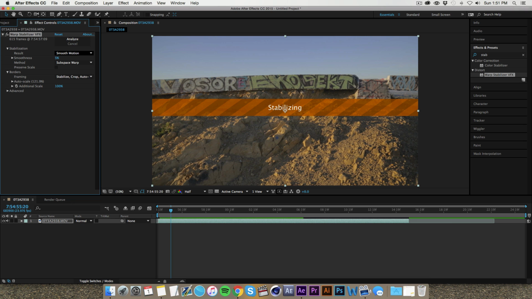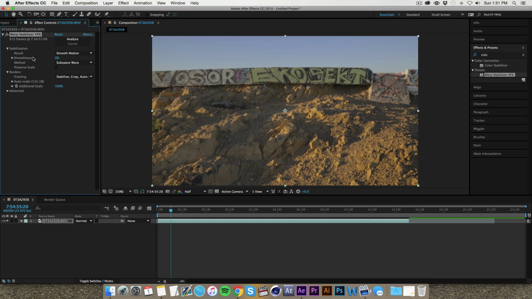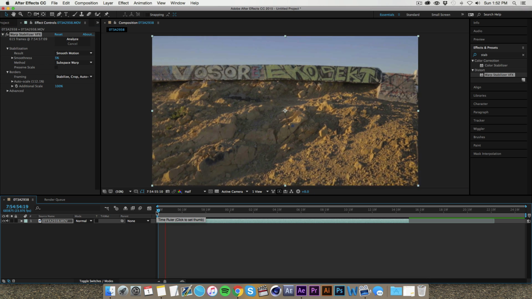from 20% down to 5%. Now you might be thinking, okay, we're using stabilizer and we're trying to get rid of shakiness. Why would we be using less smoothness? Well, basically what happens is Warp Stabilizer sees so much shaking going on that it overcompensates in what it's trying to stabilize, because it doesn't know what is supposed to look natural. It's just seeing colors and shapes, and it's trying to make sense of it all. So now that we have it down to only 5%,